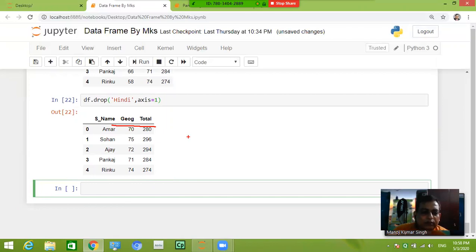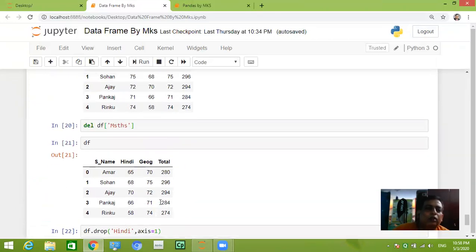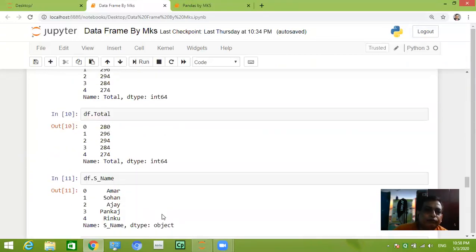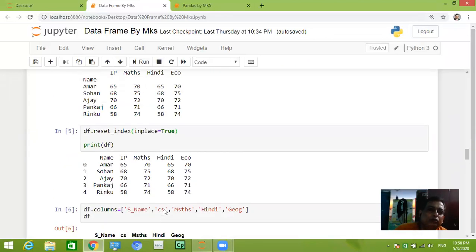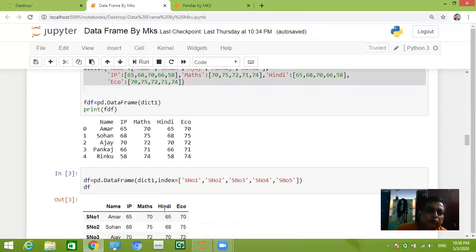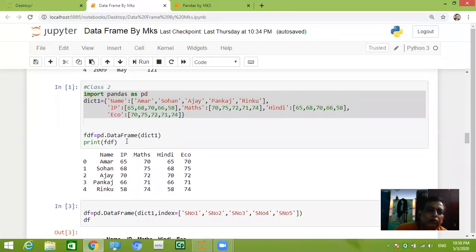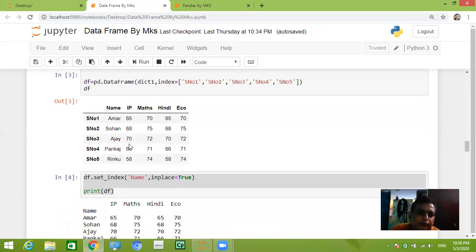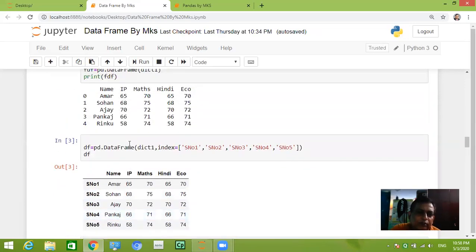So in this way today we have seen how to make a data frame using a list of dictionaries. Next we have seen how to change the names of columns.